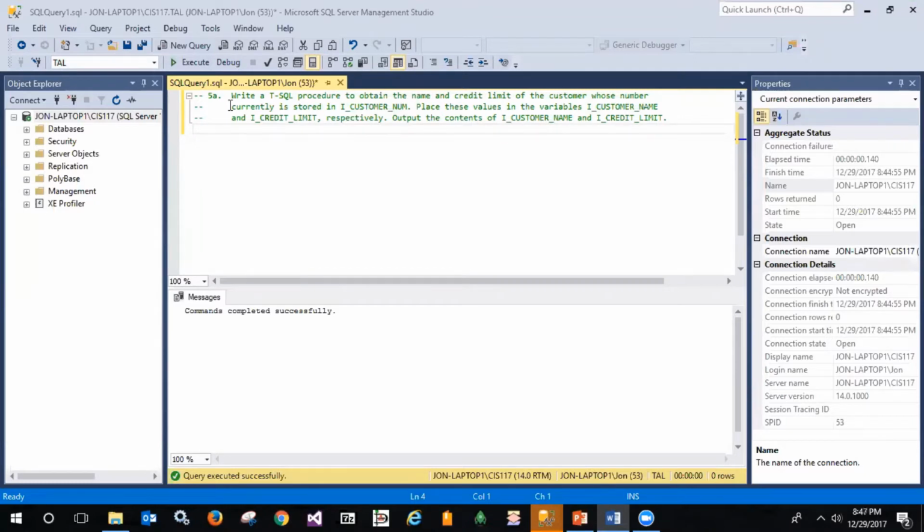limit of the customer number whose number currently is stored in I_customer_num. Place these values in the variables I_customer_name and I_credit_limit respectively. Output the contents of the I customer name and I credit limit. Okay, now this is actually very poorly worded for Transact-SQL. This would be the way you would outline this problem for PL/SQL, which is used in